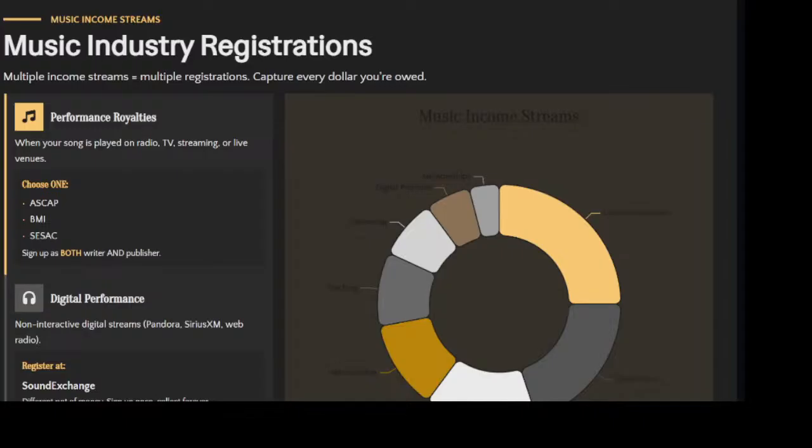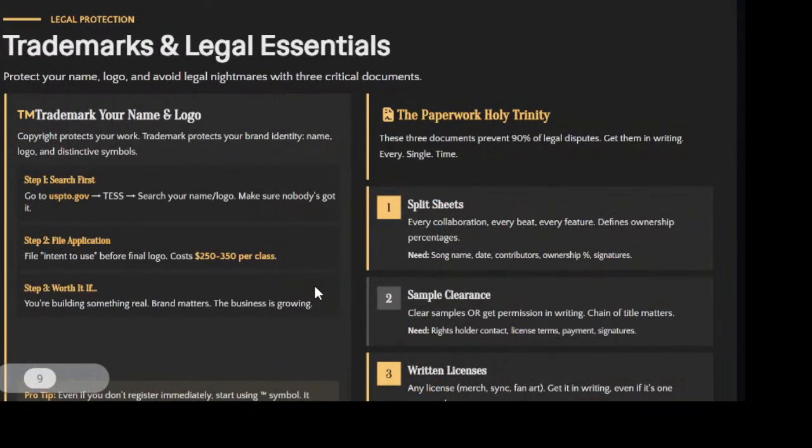Another one that you might want to do is Harry Fox Agency. That is free to register. Harry Fox Agency is the one that allows other people to do covers of your music, and you get paid for it because it's registered. That's going to be a very beneficial and, for me, very crucial part of this process. That is going to be all the music registrations. Not all of them, but it's the ones that you're really going to want to hit. That'll cover 95% of your